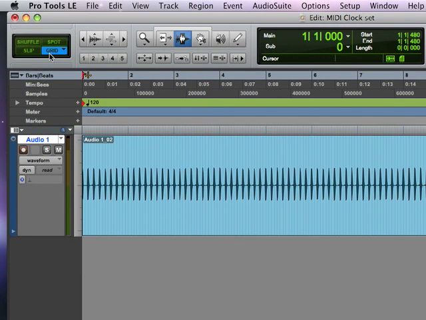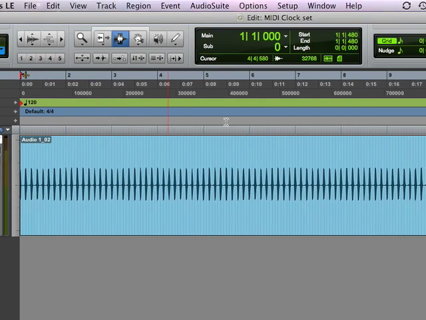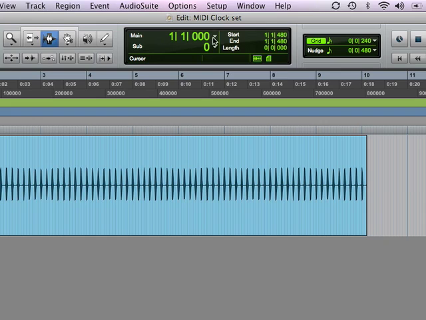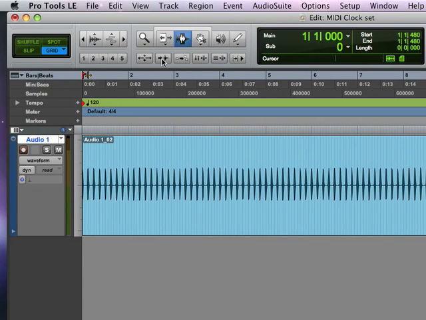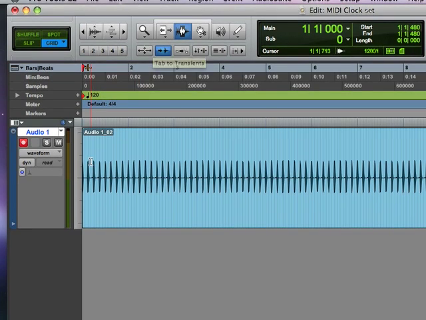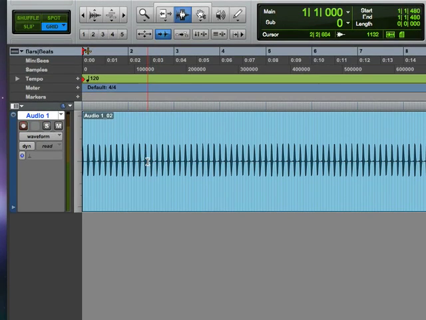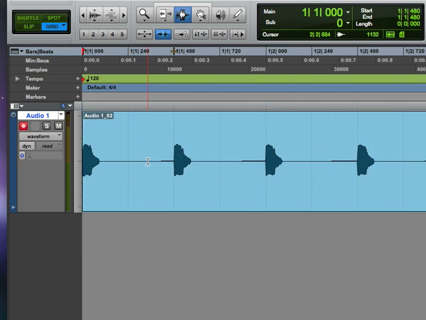Now you got to make sure you're in grid mode. So you're in grid and everything snaps to a grid. We got to make sure our main timer right here is set to beats and bars. We got to make sure the tab to transients is enabled. Now once this is, we want to find somewhere here and see how close these transients are coming to the actual beat. Now I'll widen up a little bit more, and right here we can see a little bit less, and